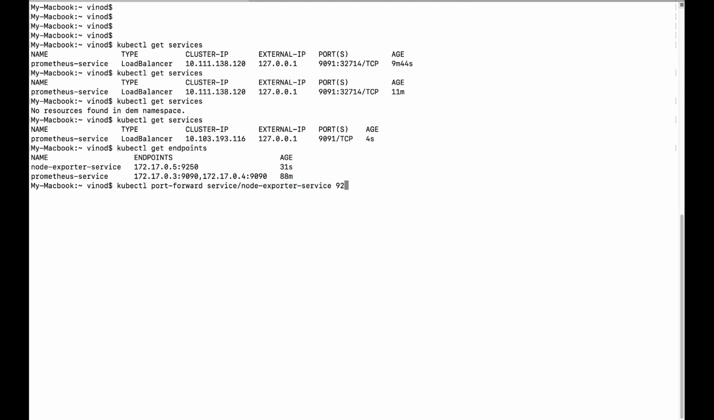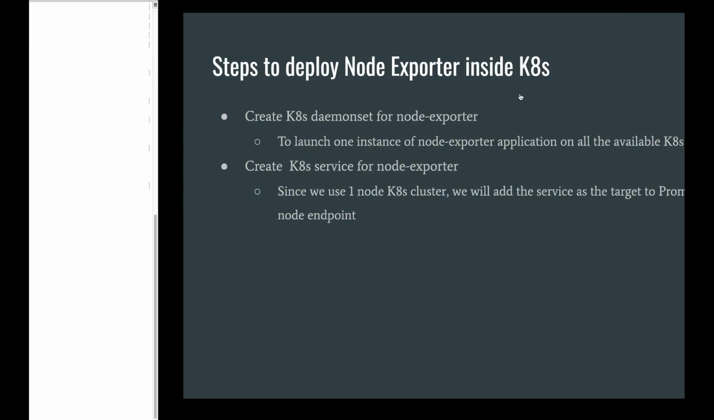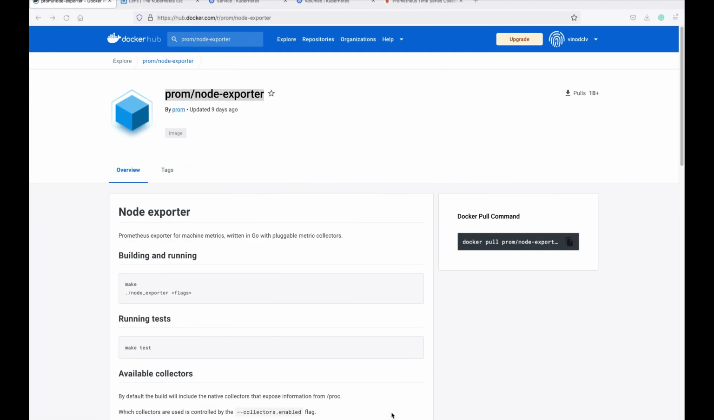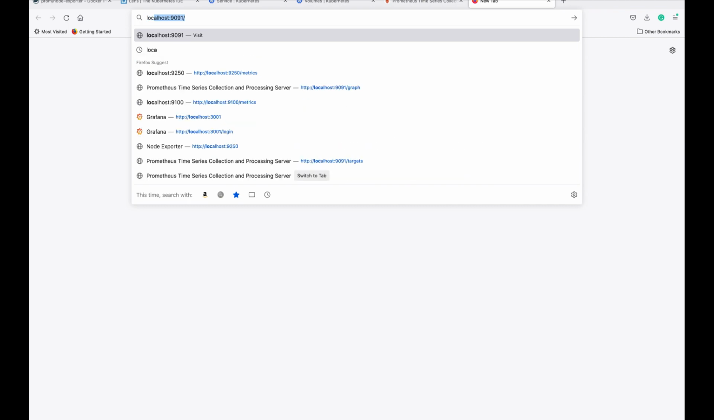We want to port forward on the local machine on the port 9250, and this service is also running on the port 9250 on the Kubernetes. So the namespace would be DEM. So now the NodeExporter service on the Kubernetes, which is running on the port 9250, is port forwarded to our local machine also on the port 9250. So now you can access this service locally just to check what are the metrics that are being shipped by this NodeExporter service. So just go and take localhost